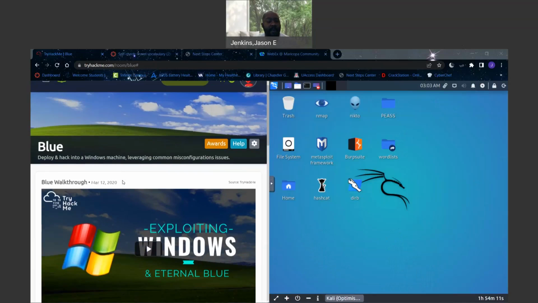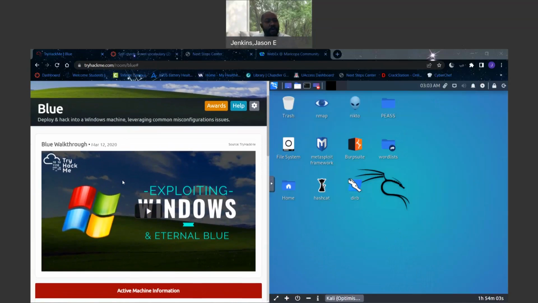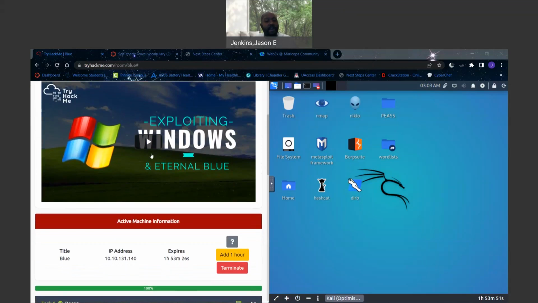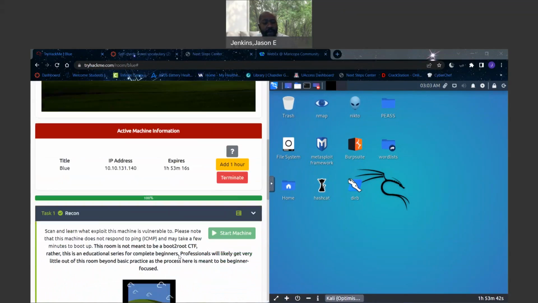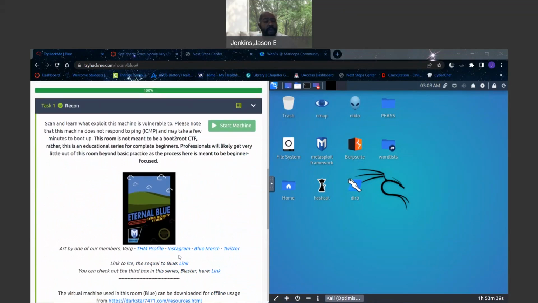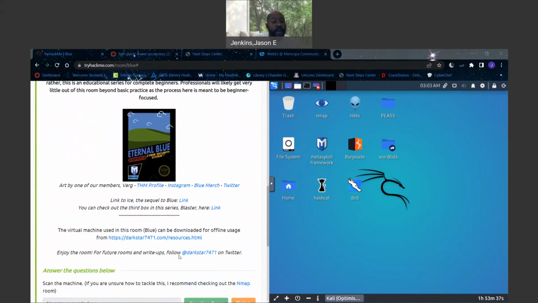This is the web page with the instructions on exactly how to go through this exercise. So we're going to deploy and hack into a Windows machine leveraging common misconfiguration issues. And just in case you get backed up, there's a walkthrough, an actual video. I've actually completed this before, so I'm going to go through it again just to get some more practice and